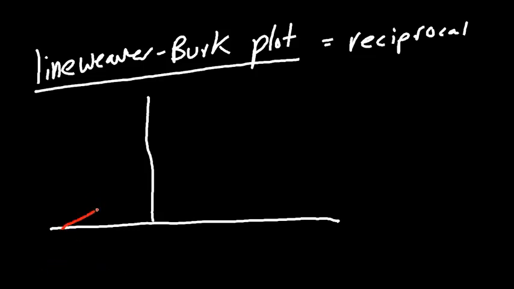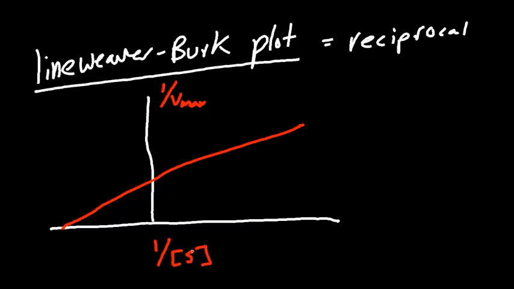So we've got a line that kind of looks like this, and you're saying, what's going on? Well, let's take a look at our axes first. We've got 1 divided by Vmax. Our y-axis is still our Vmax, nothing has changed. Likewise, we have 1 divided by substrate concentration, nothing has changed. That is still our x-axis. We're still going to have affinity dealing with our substrate concentration, so we'll see affinity. We'll still see our Vmax. This is velocity, my apologies. 1 divided by velocity. We'll still see our Vmax into the picture, but we've got just the reciprocal of everything